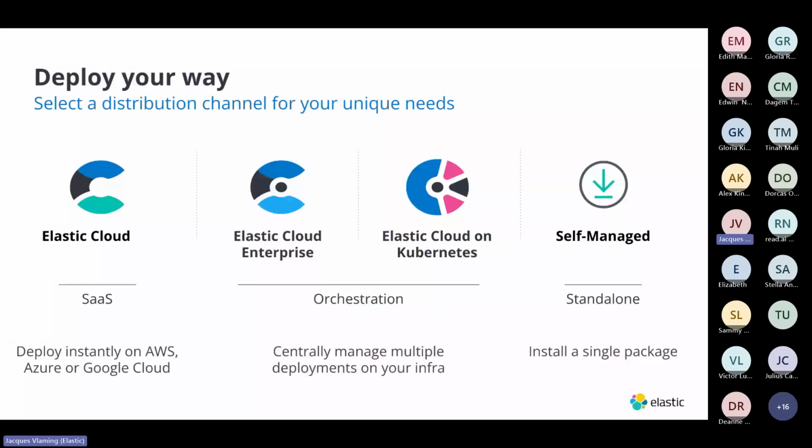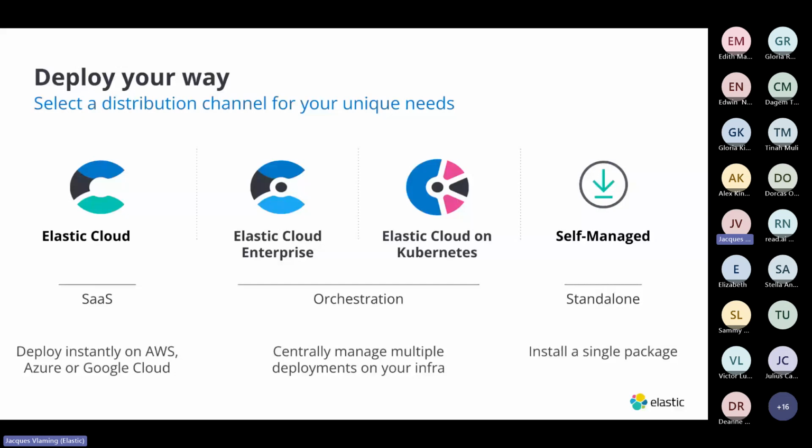And then just to reinforce the different deployment options and architectures. We have software as a service. We partner with all the hyperscalers, AWS, GCP, and Azure, where you can simply next, next, finish and deploy an instance of Elastic in your public cloud. Then we also have Elastic Cloud Enterprise, which you can think of as your own private Elastic Cloud. So this is a place where if you're providing services to organizations in a multi-tier architecture,